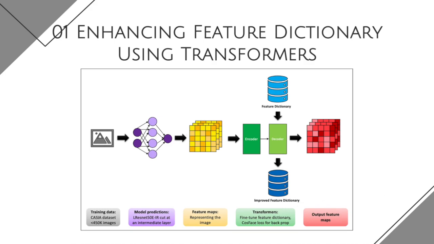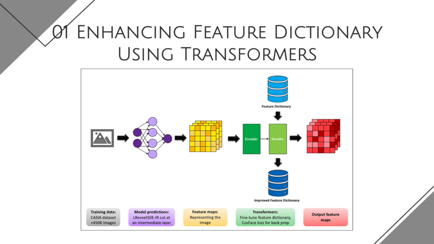Now, this technique is therefore able to provide us with the most representative facial features, which will be fed to the facial algorithm and improve the accuracy. This is done by the improved feature dictionary. Finally, this technique is superior to feature masks, which was described in the existing method, due to the self-attention mechanism of transformers. This helps it to assign different weights to different dictionary features based on their relevance to the current